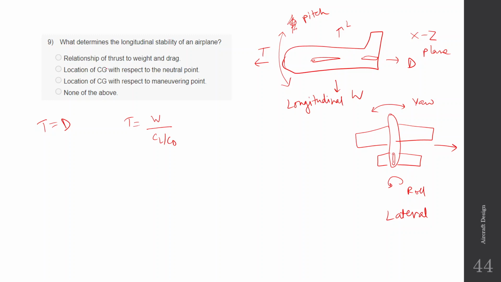The second point, location of CG with respect to neutral point, is the answer. Now what is the neutral point? The neutral point is kind of like a weighted average of all the aerodynamic centers of the tail and the wing. When the air flows over the wing, there is a pitching moment created. The moment is measured with respect to some point, and usually that point is taken as the quarter chord point. So with respect to this point,